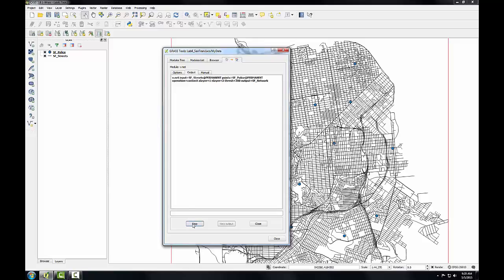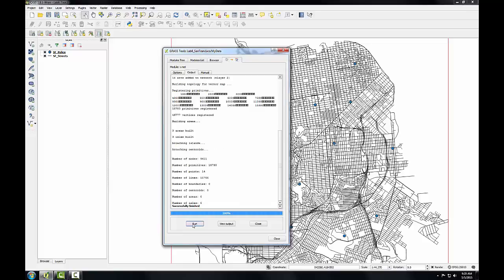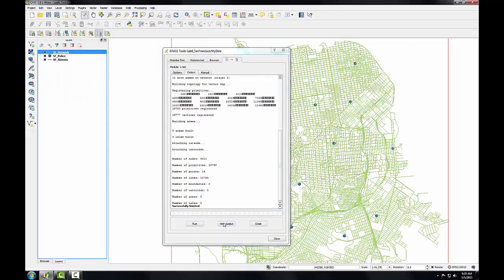It'll switch to the Output tab as the tool runs, and hopefully you get the message successfully finished. To view the data set, I'll click the View Output button, and it gets added to my Layers panel. So in addition to this linear network, this operation produced nodes for each police station point. The View Output only added the linear network to QGIS Desktop, so I'll now add the network nodes to QGIS